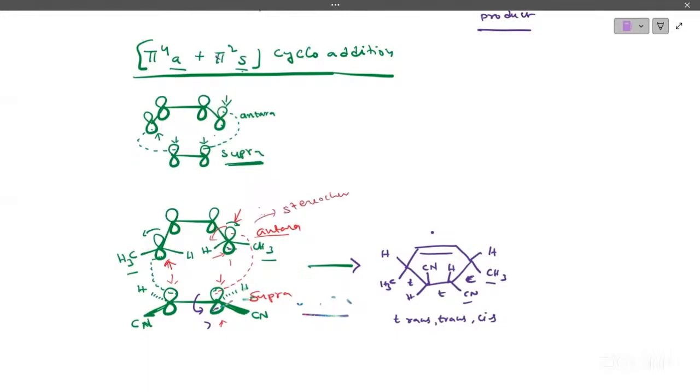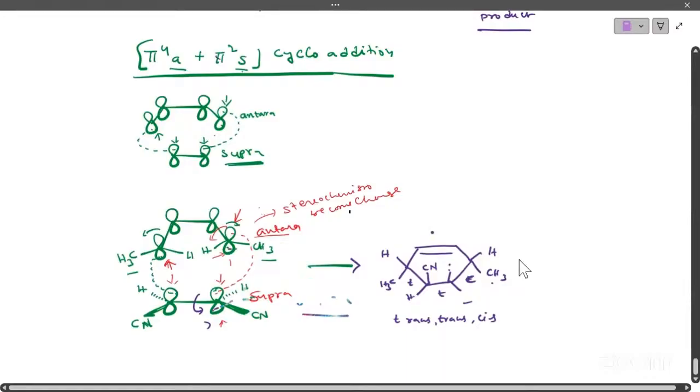Stereochemistry becomes changed. Therefore, at the center,